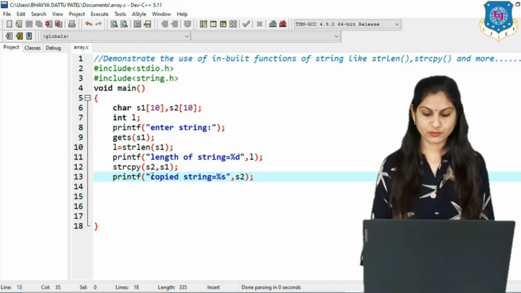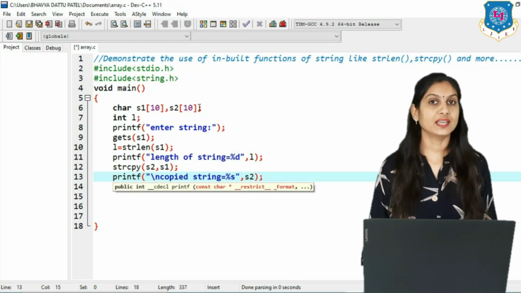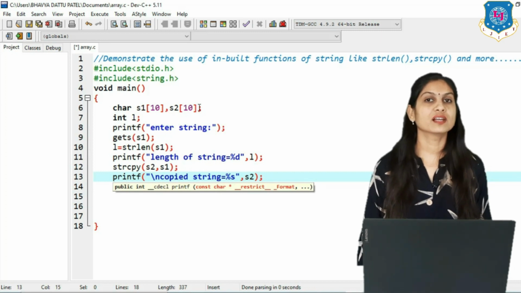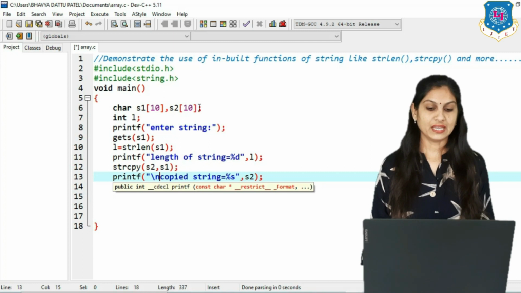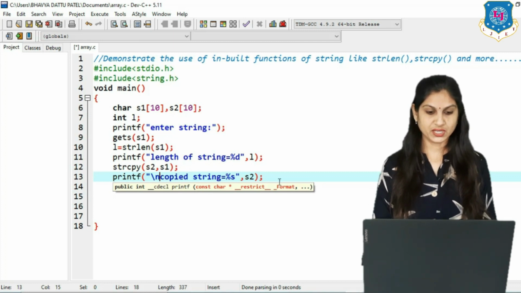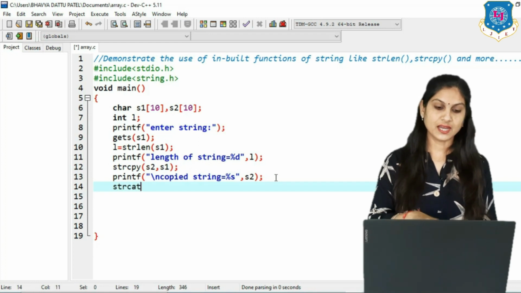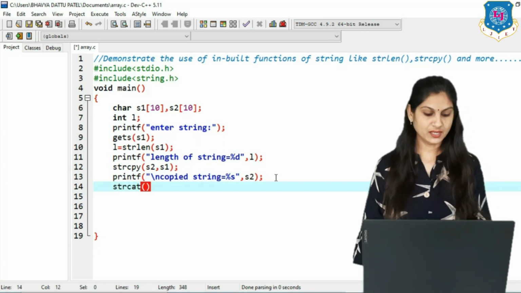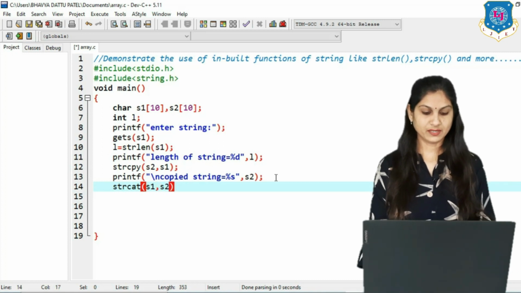Now move to the next program, that is strcat. CAT stands for concatenation, meaning combine two strings. So here we use the function strcat, and inside it again we have to write two strings, suppose S1 comma S2, and print the message.